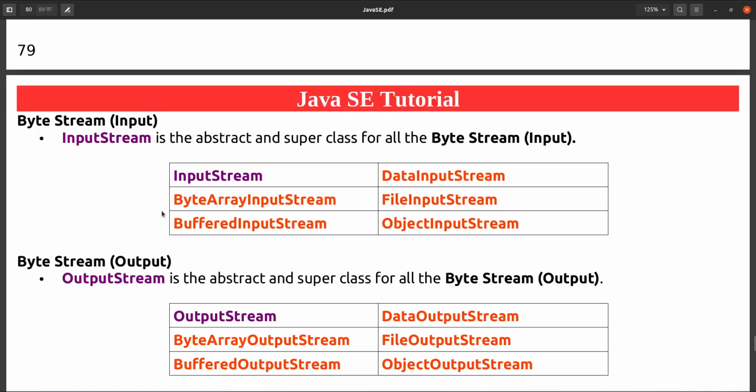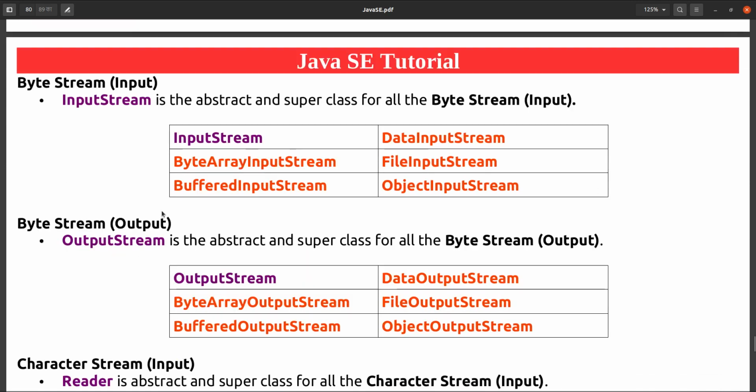Okay, so now here are the classes for byte stream and character streams. We will see examples for this byte stream and character stream one by one. This is for byte stream of input type, and this is byte stream of output type. So to take the input for byte stream, we have to use input stream.